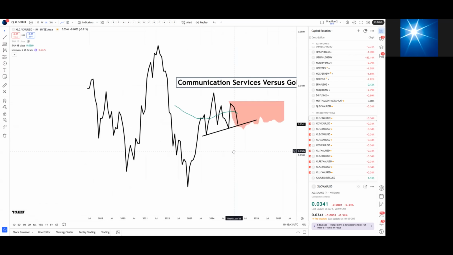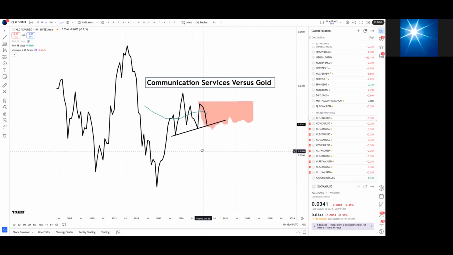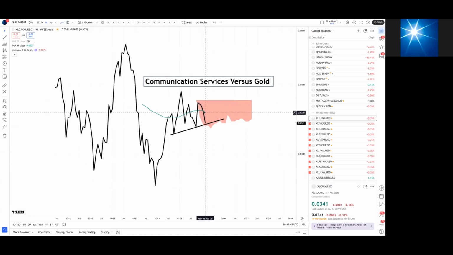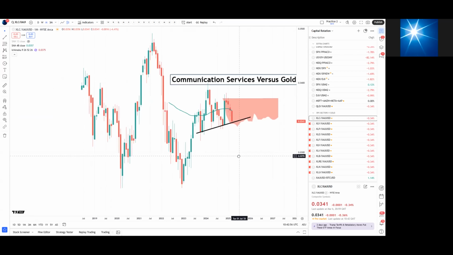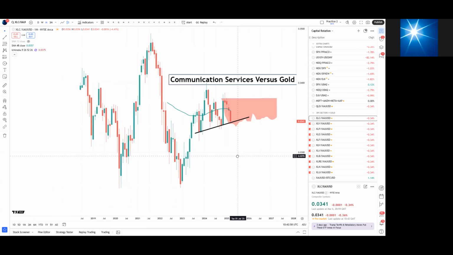It doesn't have as much price history as the other sectors, but we are below the 4-year moving average. We are below the Ichimoku cloud, and we're very close to that rising trend line, rising support line. I can put it on the candles for you like that if you like. So that's my best estimation of where the breakdown would occur, because if we move below that, we will be below the moving average, below the cloud, below the most significant sort of rising support level.